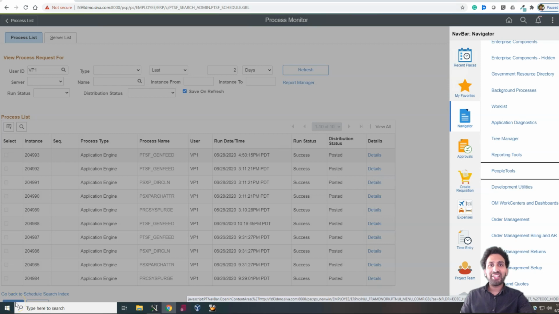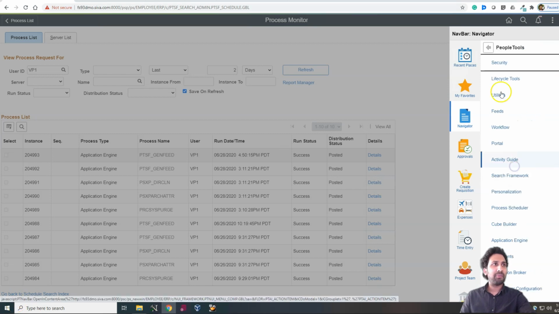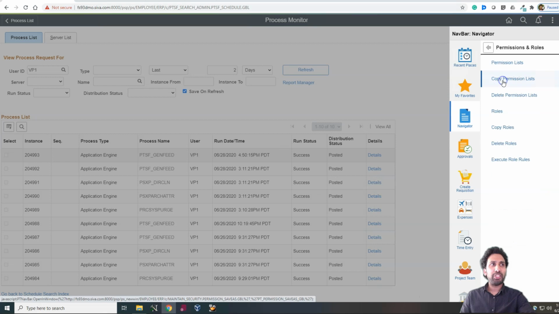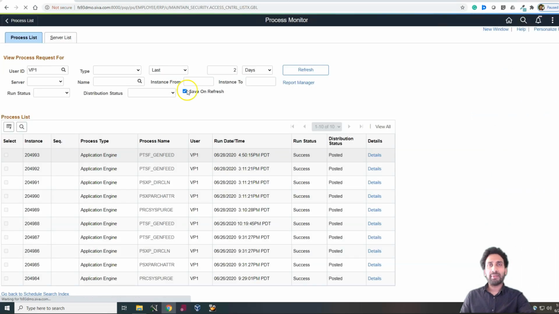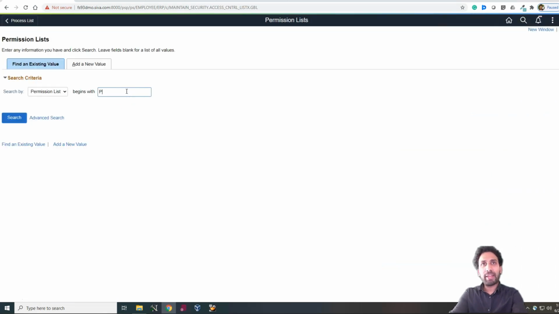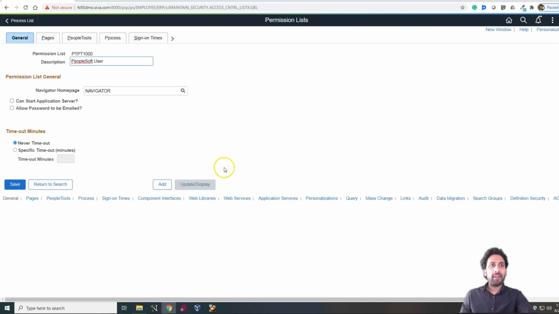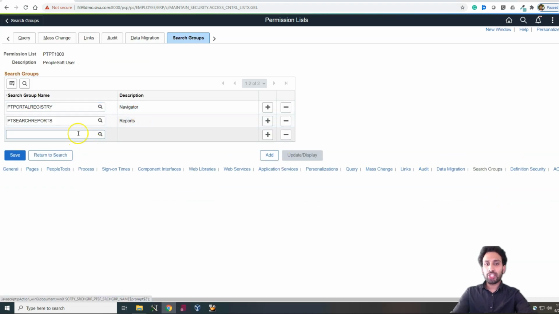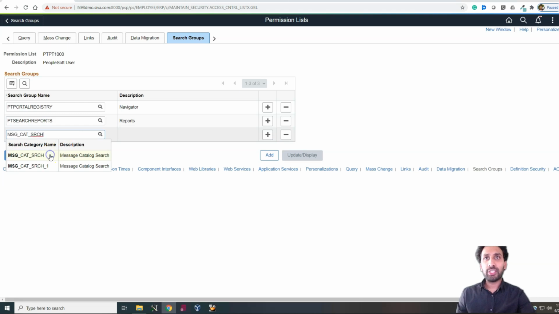To grant authentication, navigate to People Tools, Security, Permission and Roles, Permission List. Since it is my demo environment, I'm using PTPT 1000. Now let me navigate to search groups by clicking on the hyperlinks on the bottom right hand corner. Let me add our search group, MSG cat search.